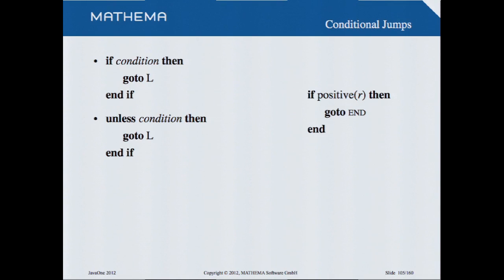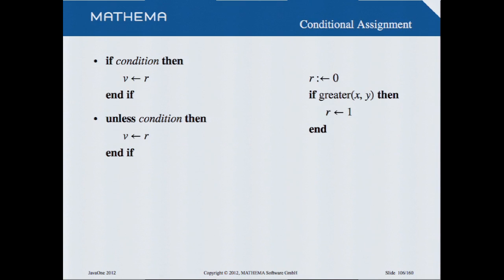If you have a conditional jump, we write it like this. There's no simple instruction. You simply say if condition, then go to somewhere, and then end if. You cannot put anything else there. This if is specific, and it's only to check the condition, and if the condition holds, you go to the specific place. Everything else is forbidden, everything else is wrong. You have also a conditional assignment. You can put an assignment there if the condition holds. These are the only two possibilities to use an if in this level.